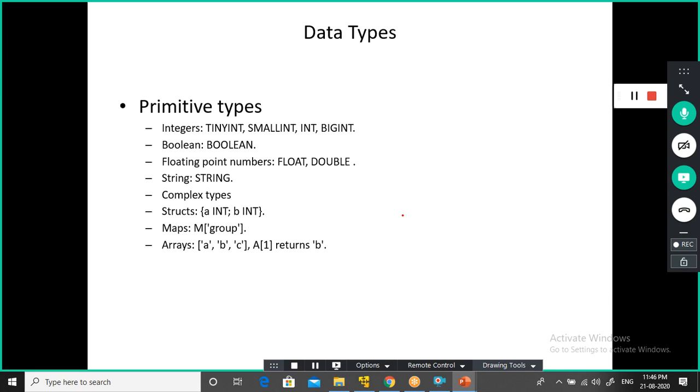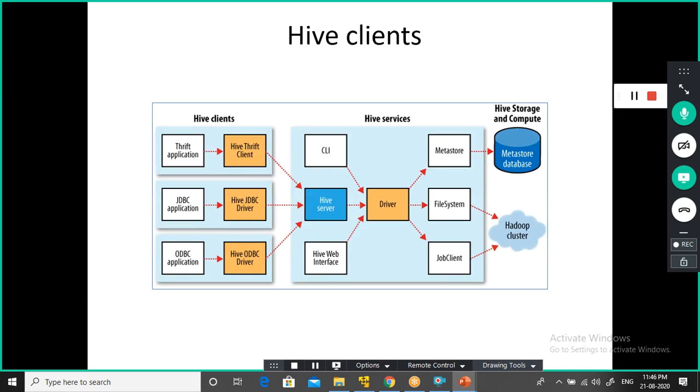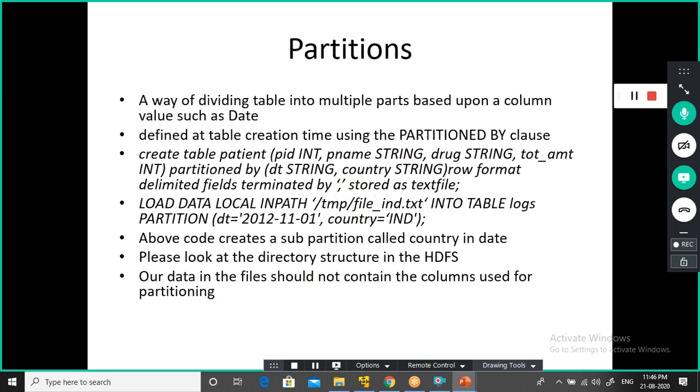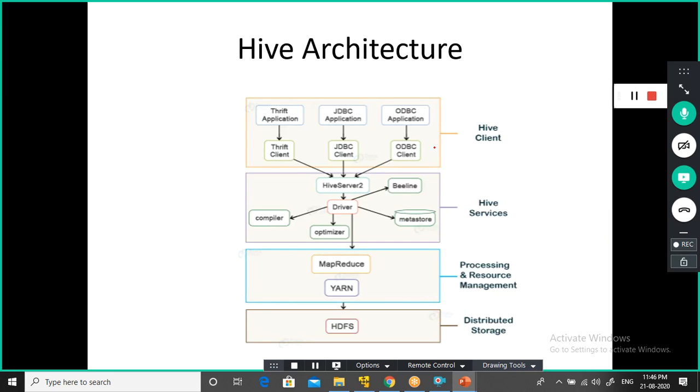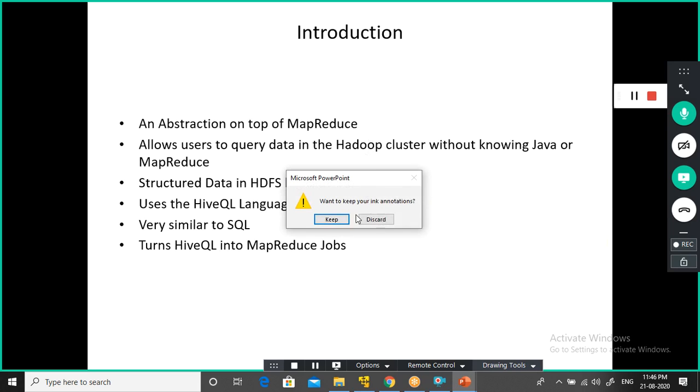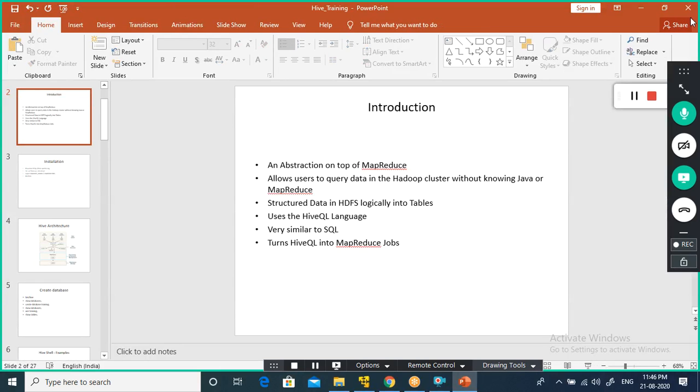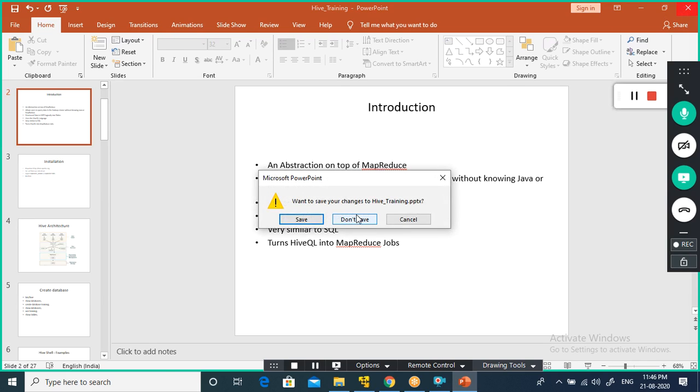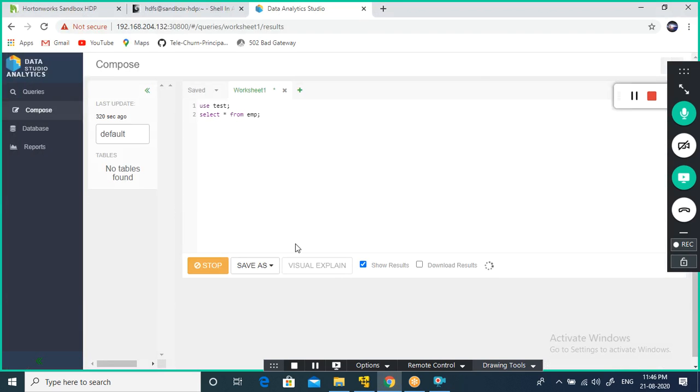And these are the primitive data types: string, boolean, tinyint, integers, float, double, and array also you can create. And Hive line, that's it here. That's pretty much about the key concepts around Hive tables. The rest of the commands are the same as your MySQL, most of them, except creating a table, row format delimited by comma. Except that one, the rest of the commands are the same.